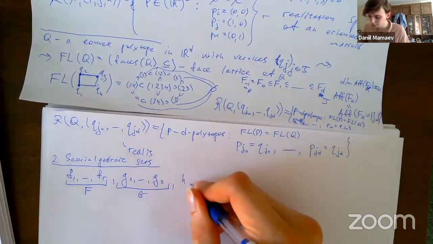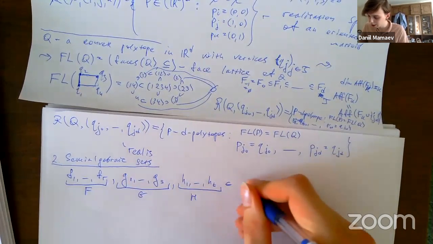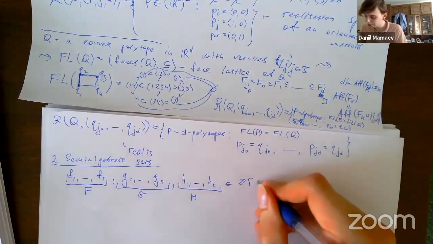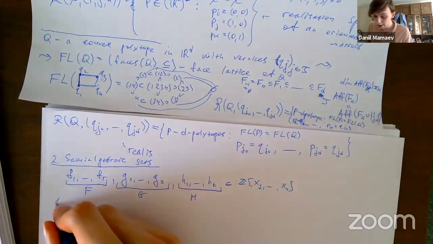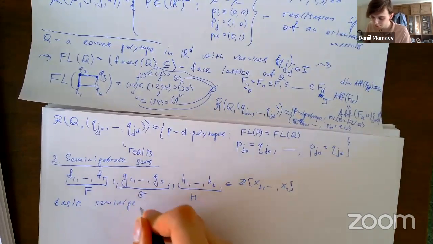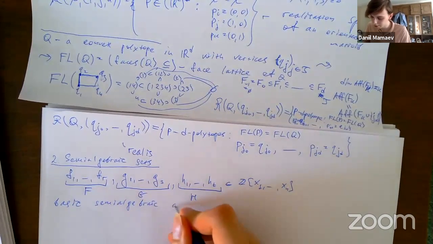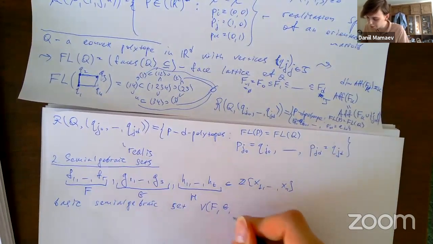And these are H. These are polynomials with integer coefficients. Then a basic semi-algebraic set V of these 3 families